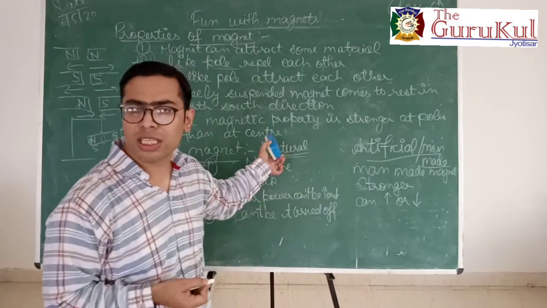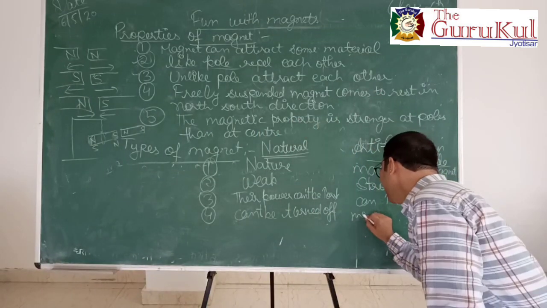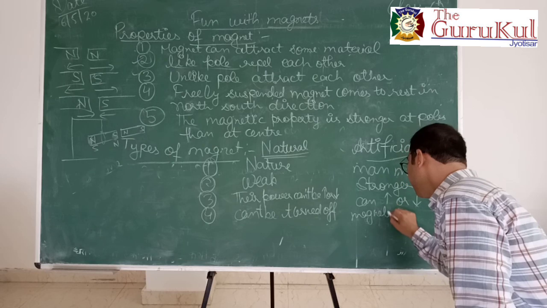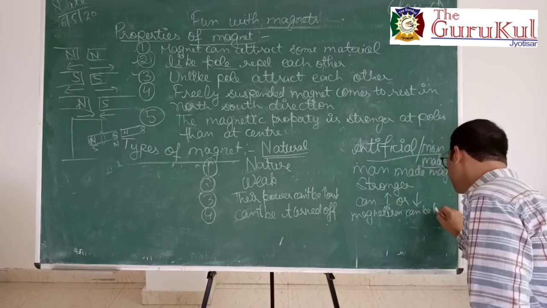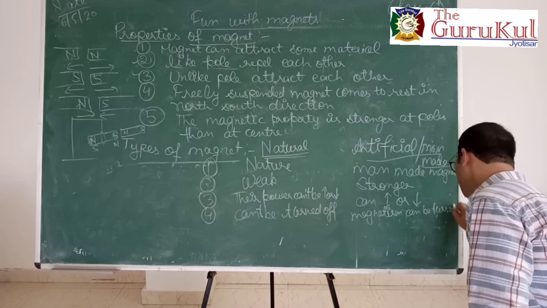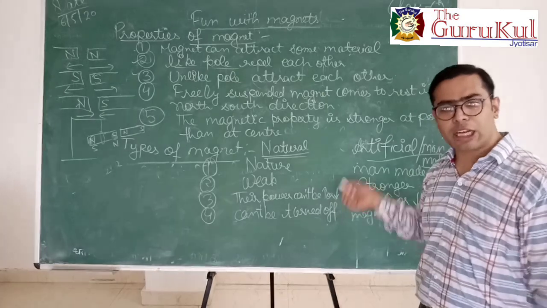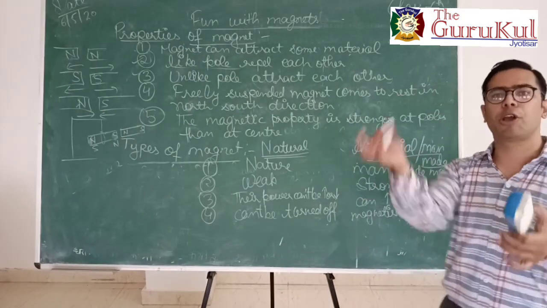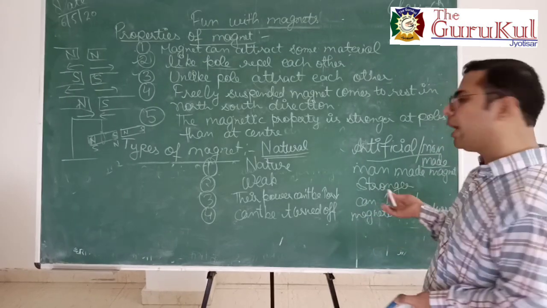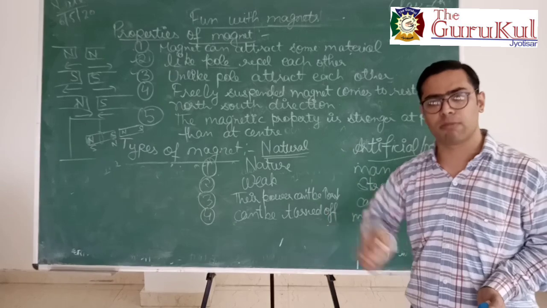You cannot do this with a natural magnet, but here magnetism can be turned off. Okay, so in the case of an artificial magnet, you can switch off or switch on the magnetic power, and that's why this magnet is used in a very large number of